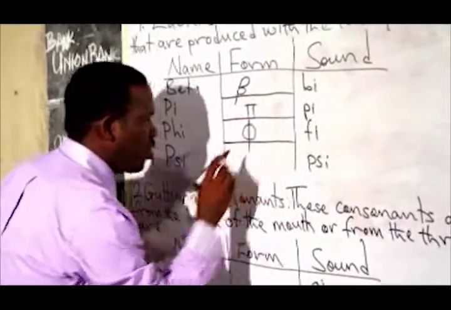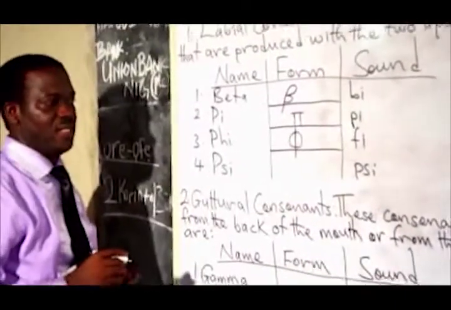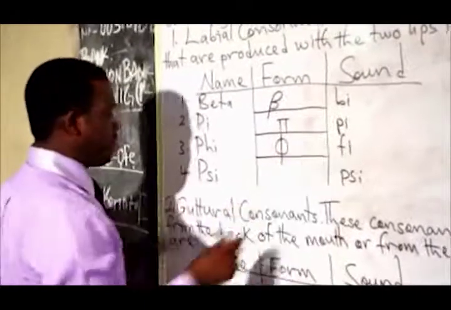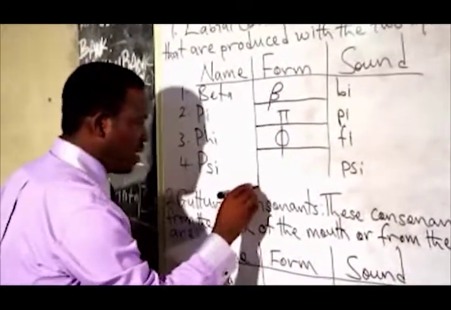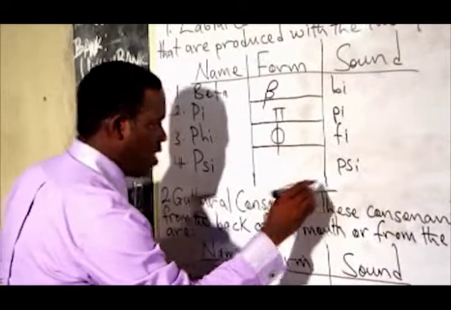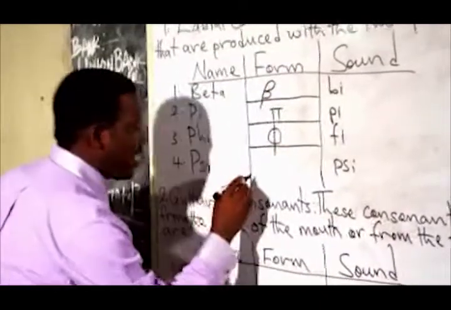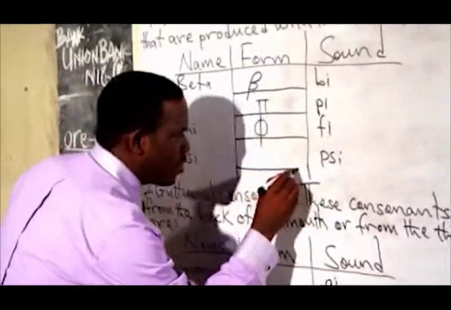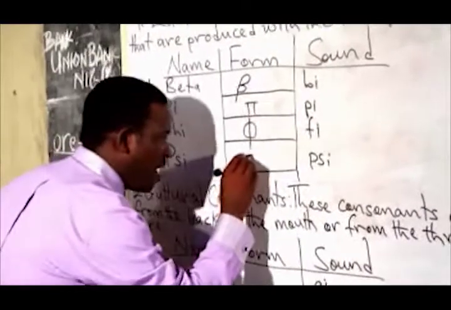The vertical stroke must come below the line. Fa sounds as P. Then we'll come to the last one, a labial consonant, which is psa. Draw the line again, and